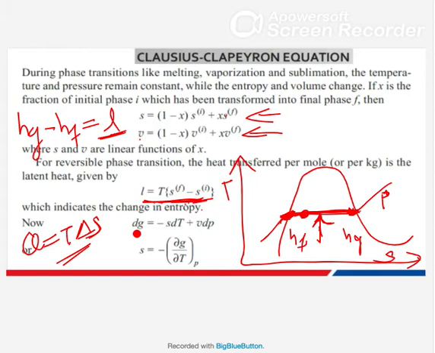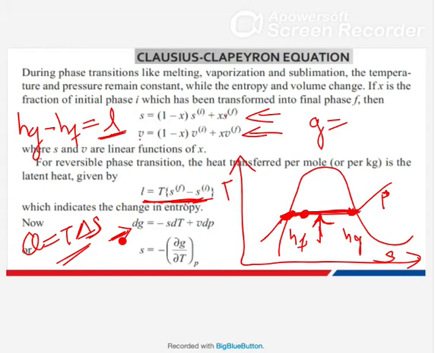Now next is the Gibbs function. For deriving the Maxwell equations, we had four relations for the internal energy, enthalpy, the Gibbs function, and the Helmholtz function. All those four functions we have seen in the very first slide. Out of those four, this is the Gibbs one: dG equals minus S dT plus V dP.